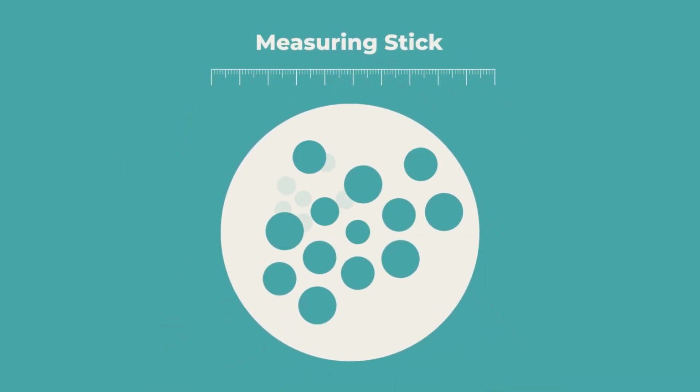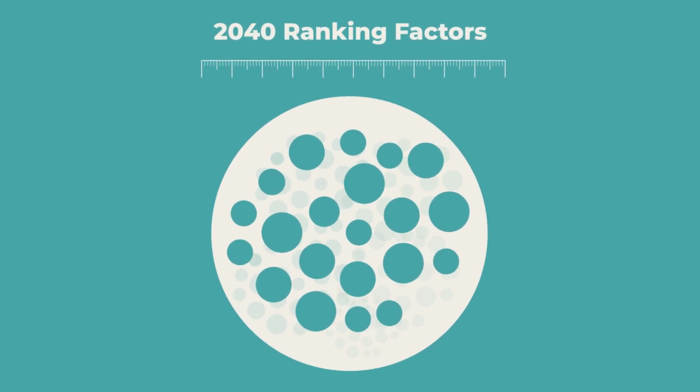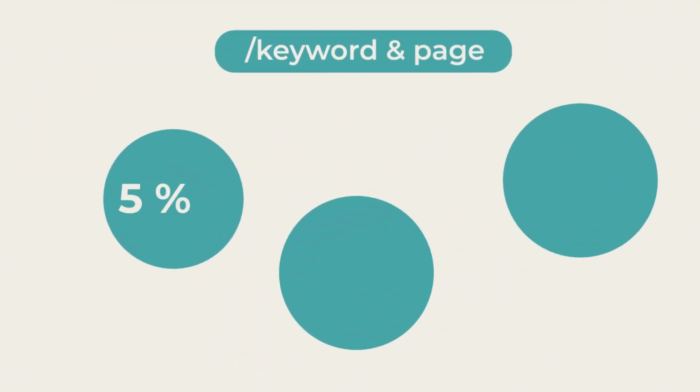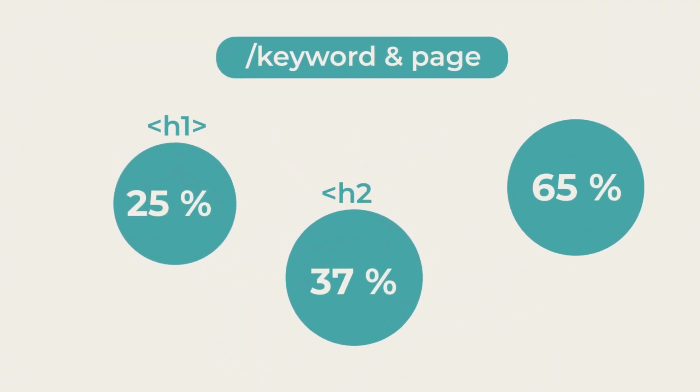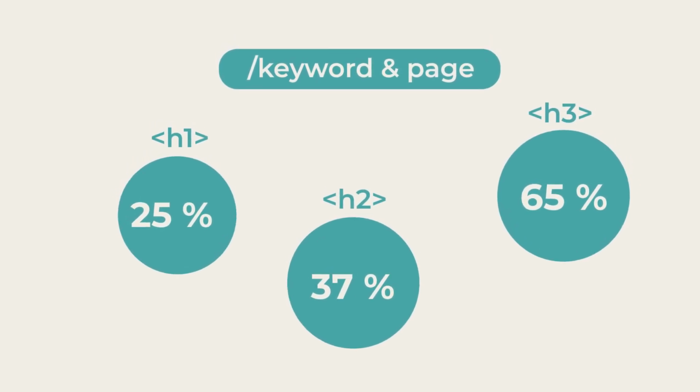It looks at every ranking factor, or at least the, I think, 130,000 ranking factors that Ted and his elite group of SEOs have pinpointed, and it measures it for a single keyword and a single page that you put into it. And it gives you the percentages of how many H1s, H2s, H3s, whatever your competitors are doing, particularly